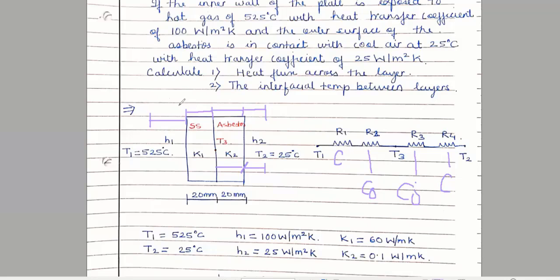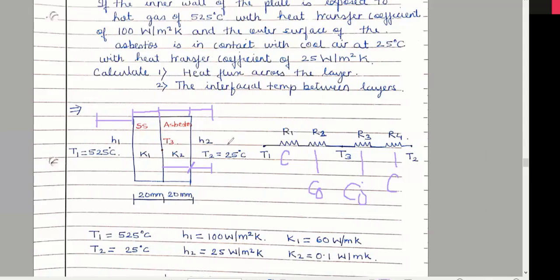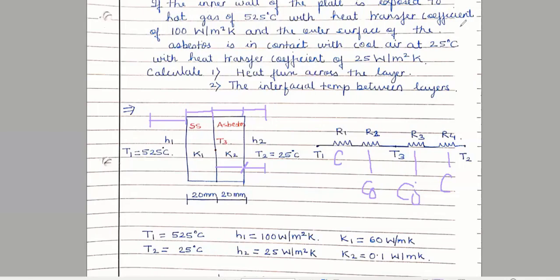Now this is air, this is air. So for heat transfer through the air, simply keep in mind it is convection, and heat transfer through the solid is nothing but conduction. For those who are finding it difficult, you have a total of 4 resistances, and the temperature on this side is T1, and the temperature here is T2. I hope this much is clear, right?